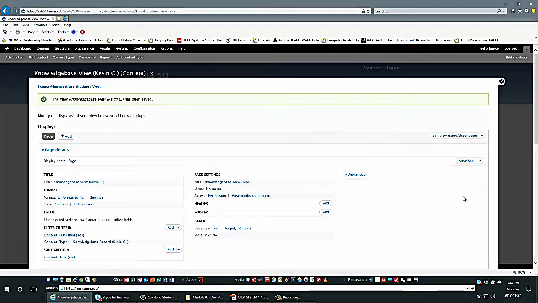Now we can preview the view itself to see what it's going to look like live on the website by clicking this view page link on the right hand side of our window here. So I click that,